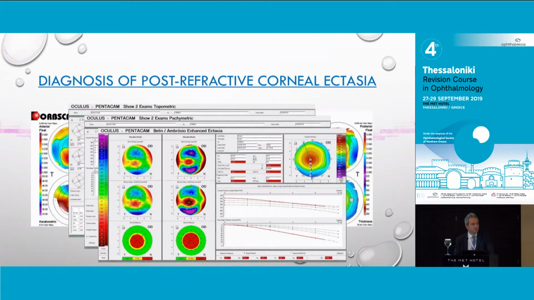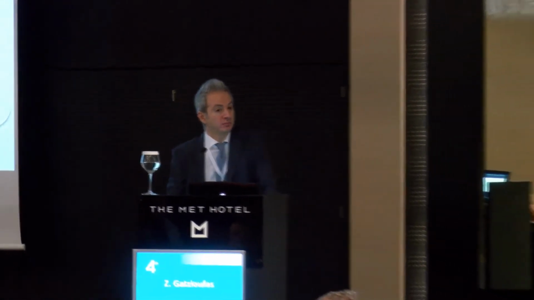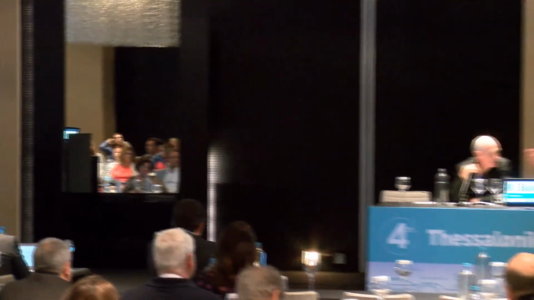Especially for the SMILE cases, there was a very interesting paper from Rohit Shetty in India. He had done SMILE in one patient, two eyes, who got ectasia after two years. Luckily, he kept the SMILE lenticules in his fridge. When they went back, there was no evidence pre-op that these eyes would get ectasia. No back elevation, nothing at all, everything was absolutely clear. So they went for biomarkers, and they found this LOX biomarker, which was full in both